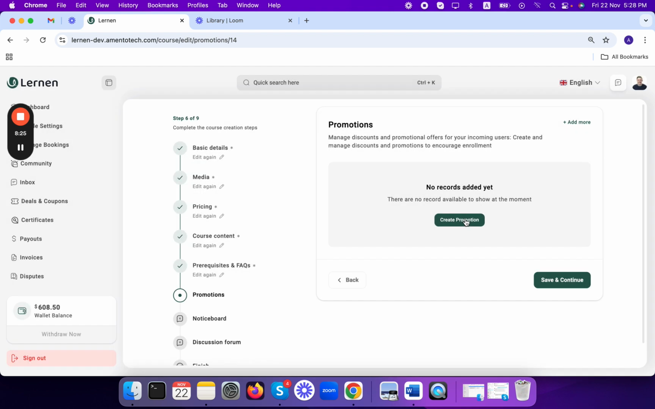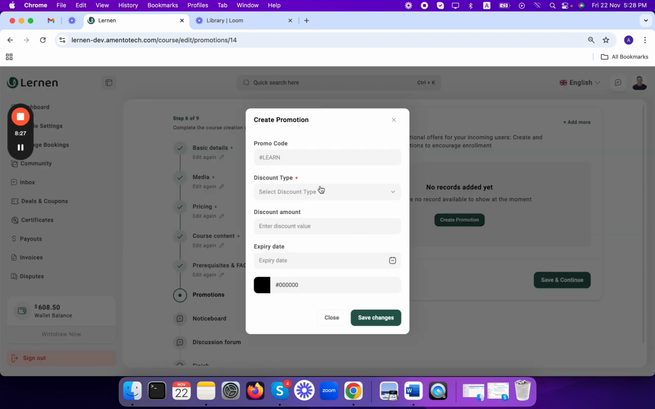You can also click here, create promotion. So a box pops up. This is the unique code learners will use to redeem the offer. For instance, you can use something simple and memorable like learn. I can just add BK here,